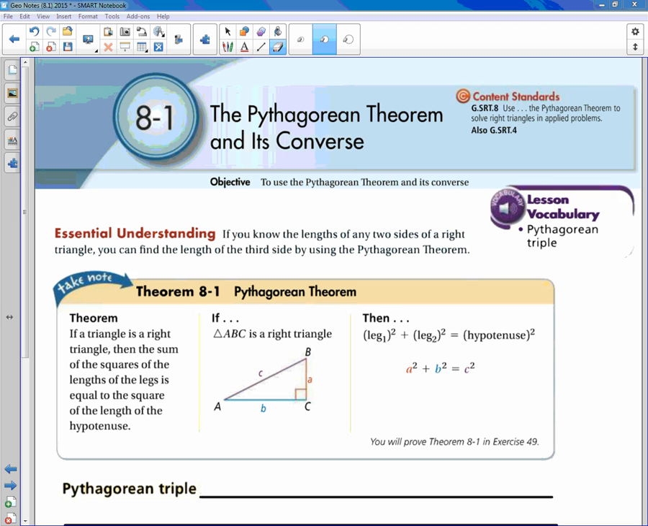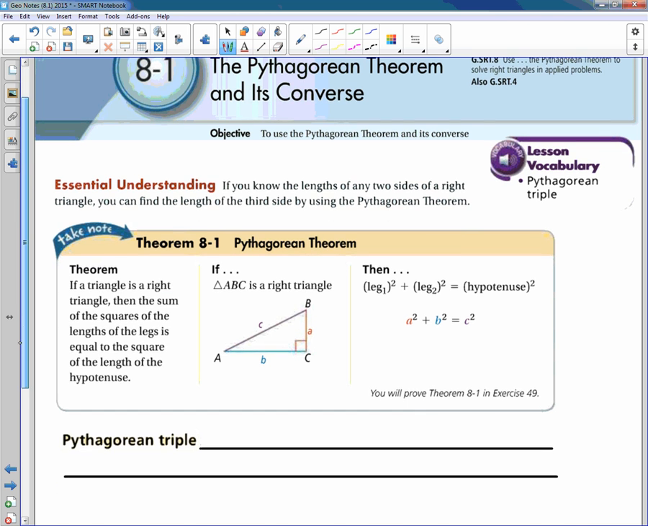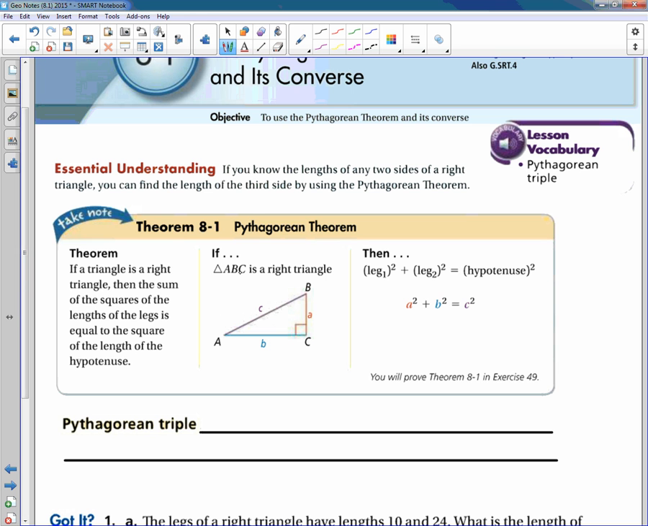Okay, so today we're going to talk about the Pythagorean theorem and its converse. The first thing we'll talk about is just the general Pythagorean theorem. Theorem 8.1 is the Pythagorean theorem, and it states that if triangle ABC is a right triangle, then leg 1 squared plus leg 2 squared will equal the hypotenuse squared, which we know is a squared plus b squared